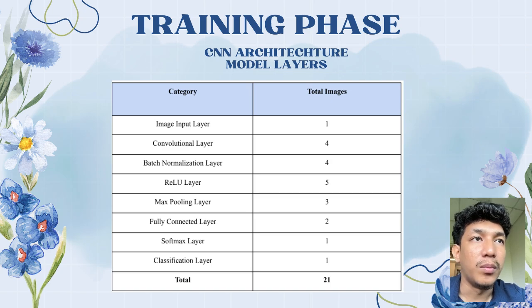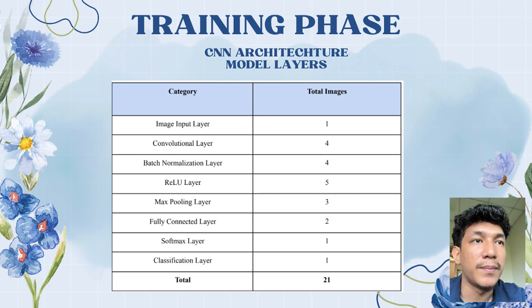Okay, now I will explain the training phase of our CNN. Our CNN model has 21 layers. It starts with an input layer which receives flower images with a size of 100 by 100 pixels. Next, the model uses convolutional layers to find important features from the image, such as the flower shape, color and texture. The number of filters increases from 8, 16, 32 to 64, so the model can learn